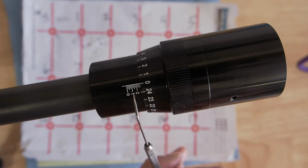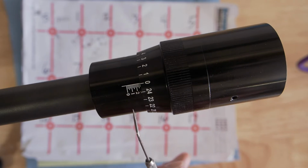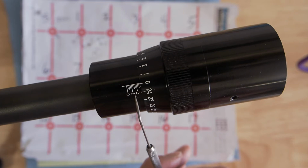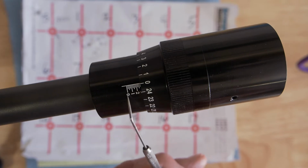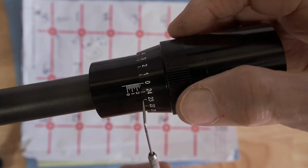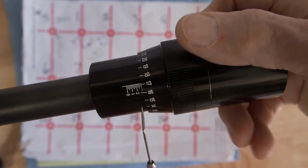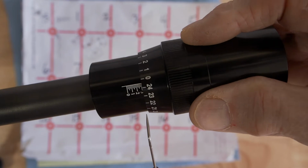So from 0 to 1, what you've got is 4 revolutions or 100 divisions. So it's 25 divisions per revolution. There's 4 divisions between the 0 and the 1. So that's what I'm referring to when I say, well, I'm at 300. I'm at 1, 2, 3 out, and then whatever I add to that, if I go to 325, that's be